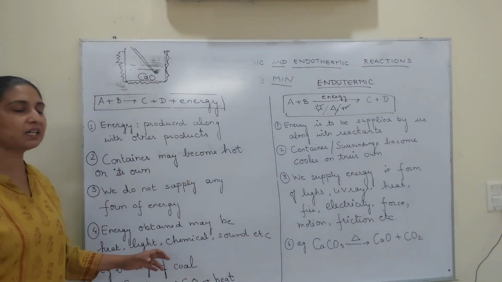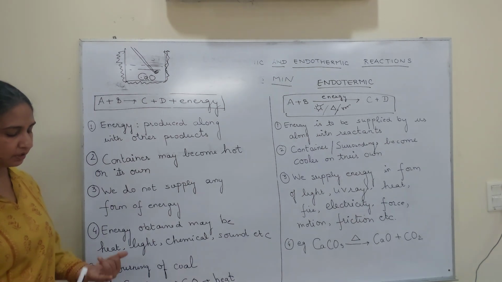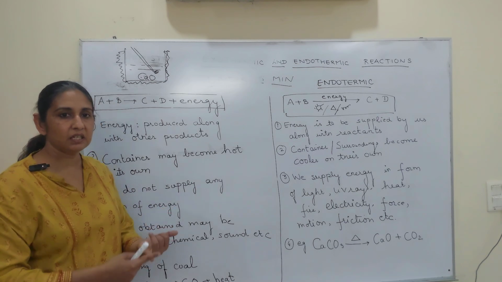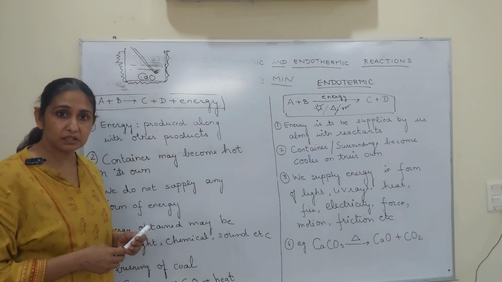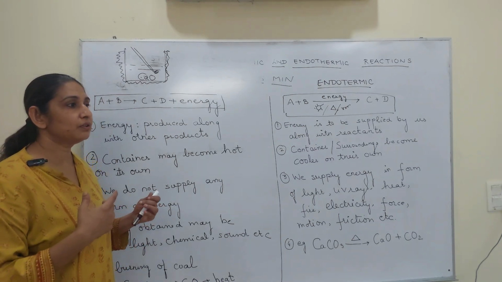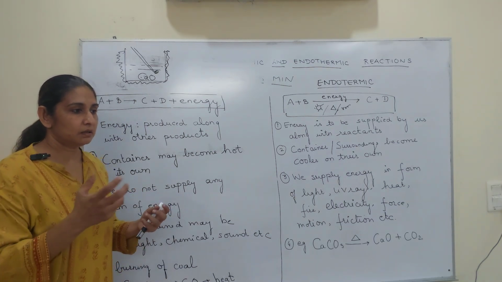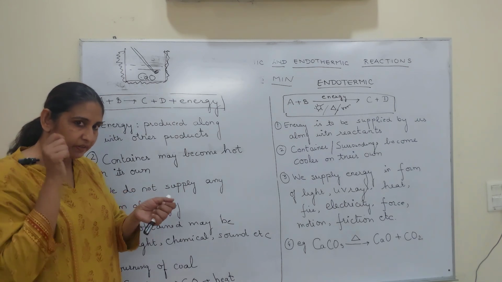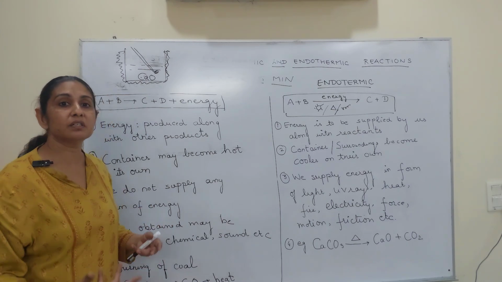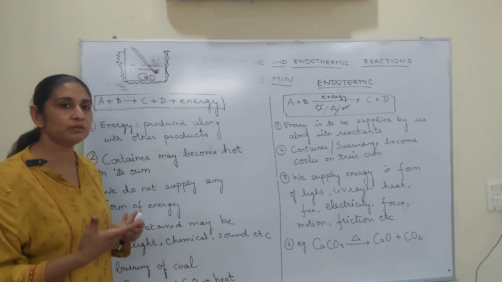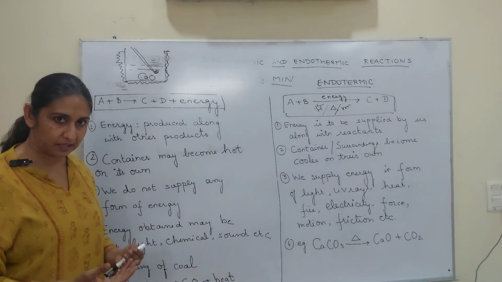Okay. Now the energy produced can be in various forms. We know from the coal burning example that it can be in the form of heat, fire, light. It can be in the form of electricity. It can be in the form of magnetism. It can be in the form of sound. Like with a tuning fork, when you vibrate it or I hit the desk, it is producing sound energy. Okay, it's not a reaction, it's a change which is producing energy.